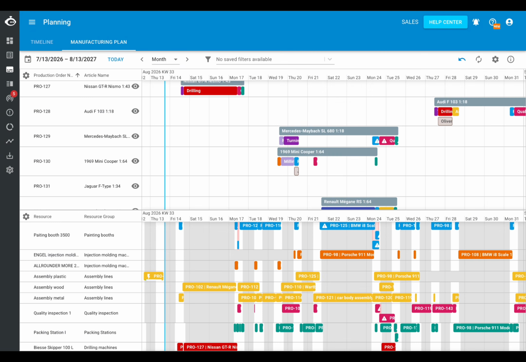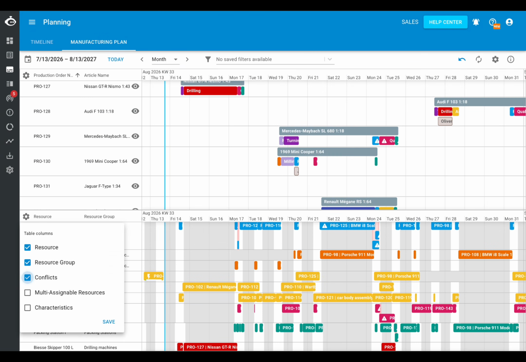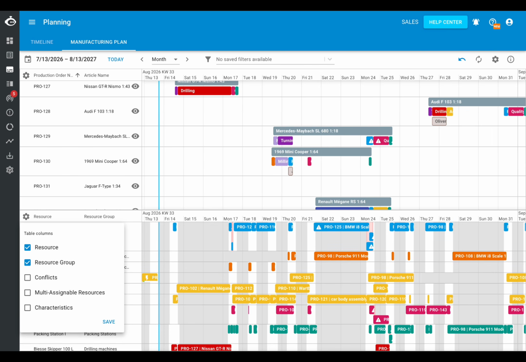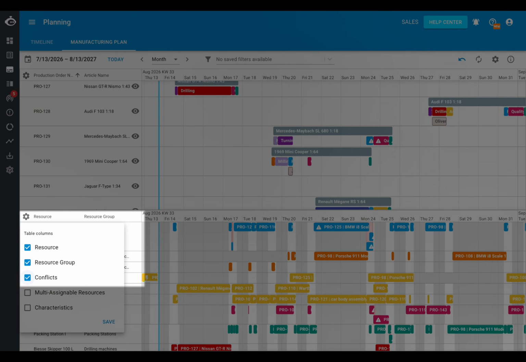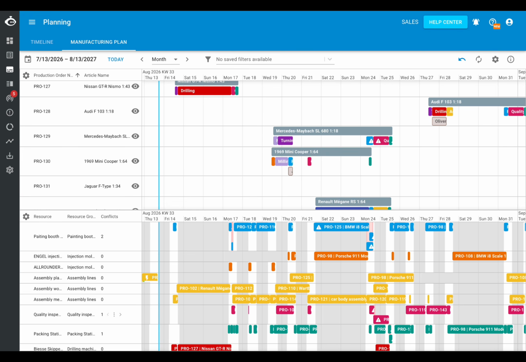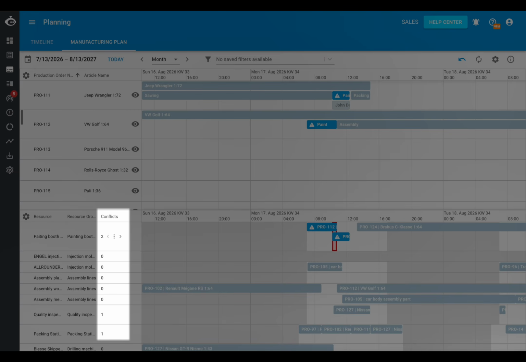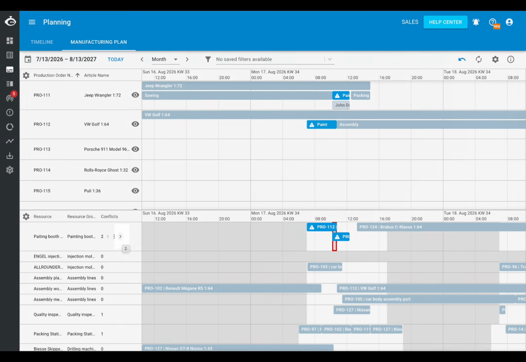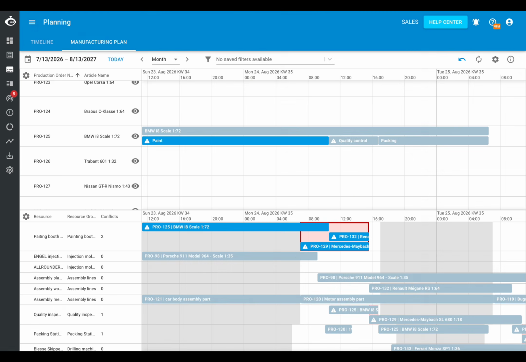And in the resource Gantt chart, there's a new conflict count that appears directly on the resource bar. By clicking this conflict counter, it will jump you straight to the scheduling bottleneck. For example, here we're able to see two. First of all, we have the first one, and by clicking the other arrow, you go to the next conflict